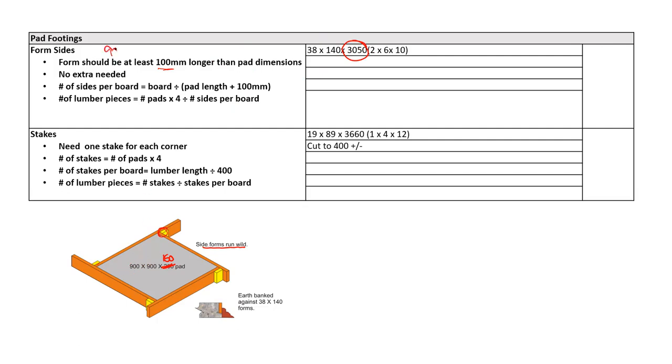So 900 plus 100 gives me 1,000 millimeters or 1 meter. Now you'll see here, my lumber is 3,050 millimeters long. I will write out the math, but you hardly need to. 3,050 millimeters divided into 1,000 millimeter sections gives me